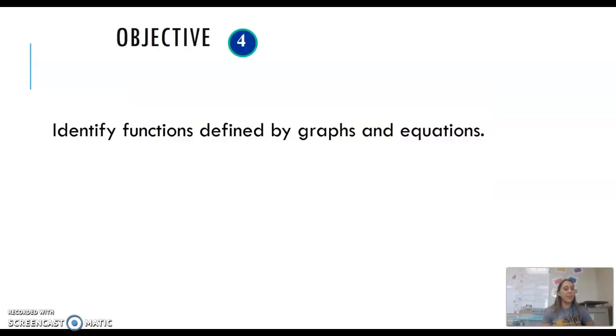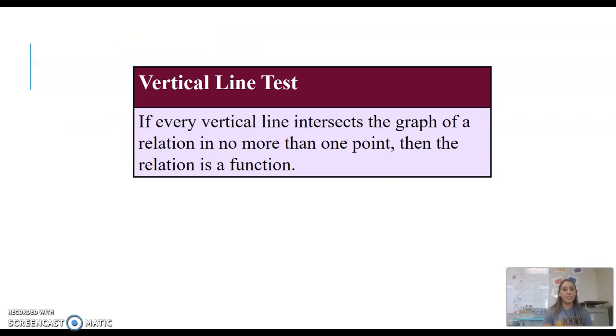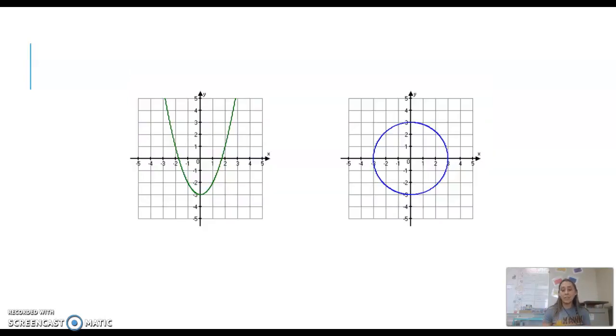So we're going to identify functions defined by graphs and equations. Vertical line test, you do need to write this down because I'm going to be asking you questions. Is this a function? Yes, it passes the VLT, the vertical line test. If every vertical line intersects the graph of a relation in no more than one point, then the relation is a function. Meaning, if I draw vertical lines through here